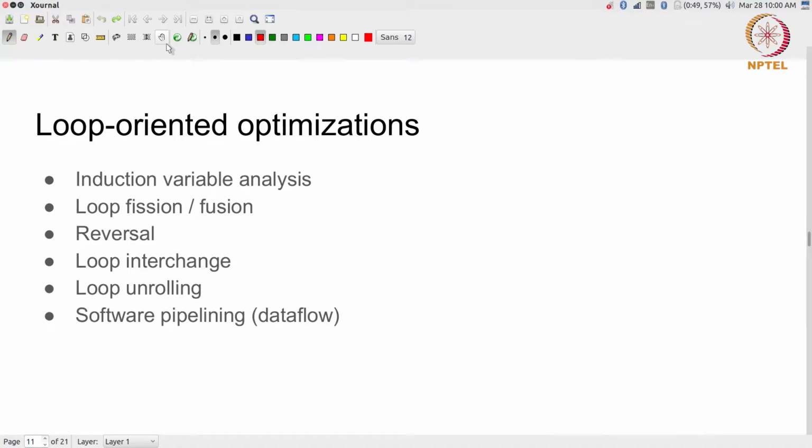Okay, so we are going to continue where we left off yesterday, which is that we had got to the point where we were considering loop oriented optimizations. Now, loops, otherwise known as for loops or while loops, are a very common occurrence in most signal processing algorithms,